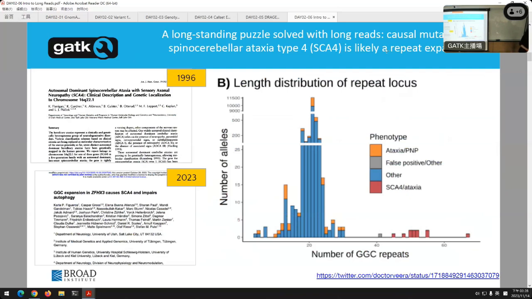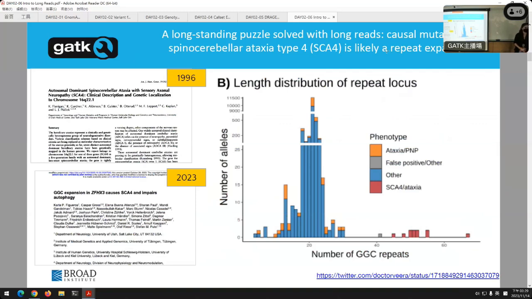In this case, in a healthy individual at this locus, there are somewhere around 20 repeats of a GGC unit. So it'll go GGC, GGC, 20 times. But in people who are affected by spinocerebellar ataxia type 4, they have more like 40 or 60 or 70 repeats